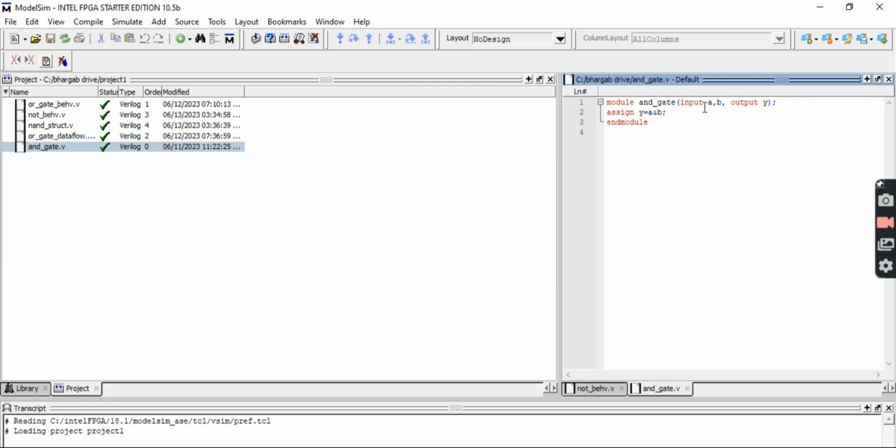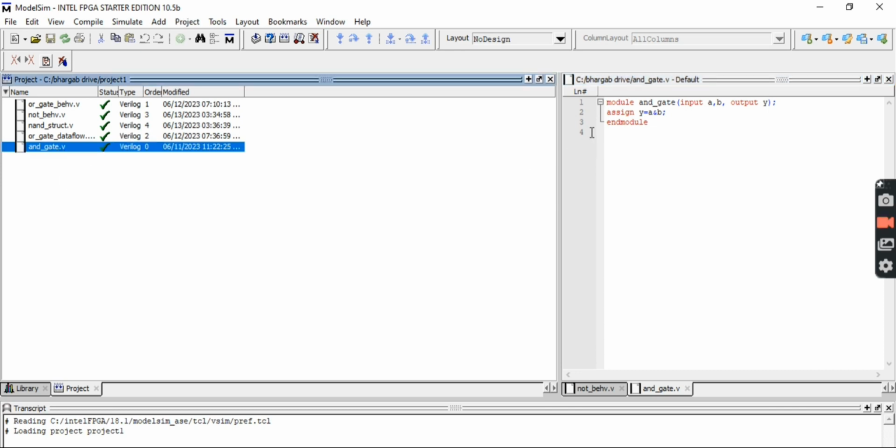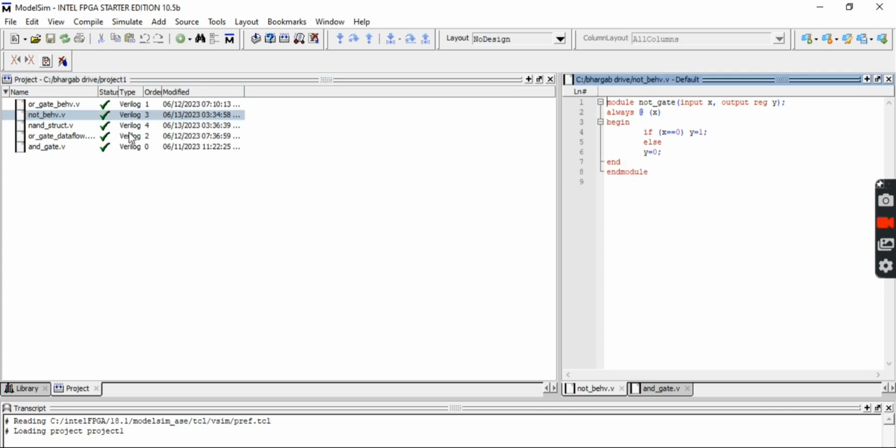So this is data flow, and this other file is written in the behavioral modeling style. These two will be used today